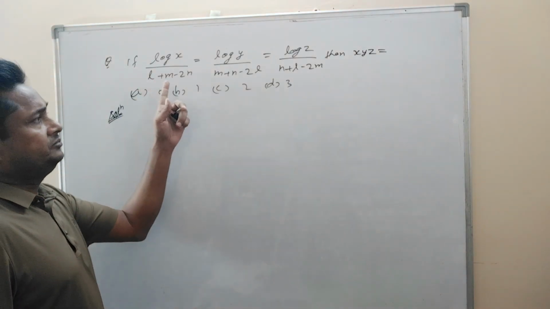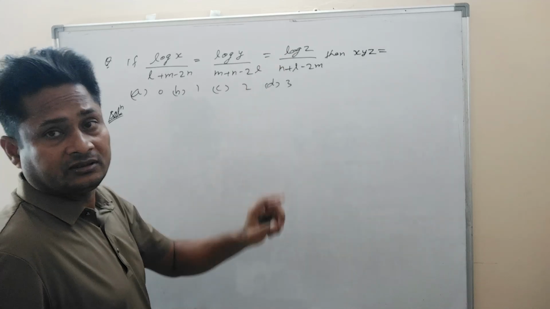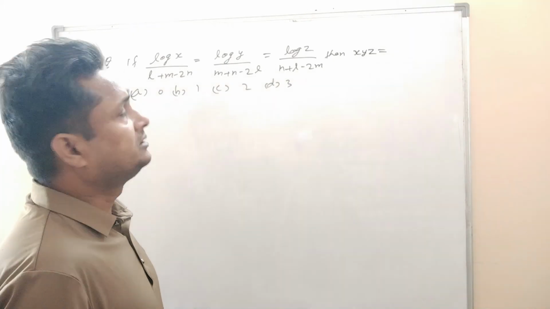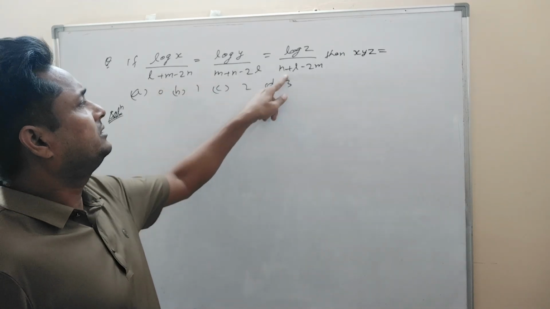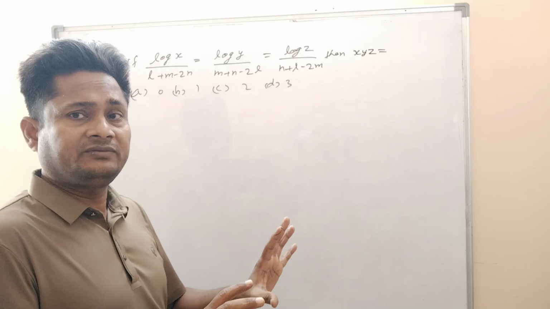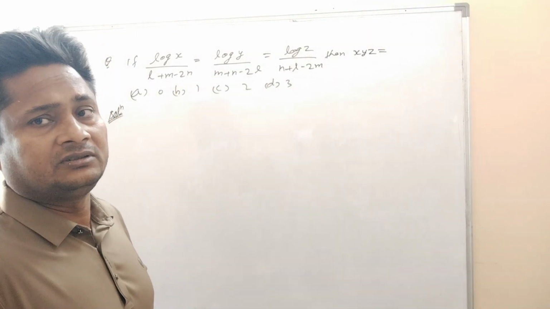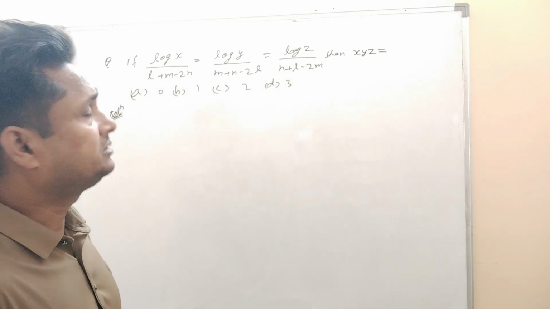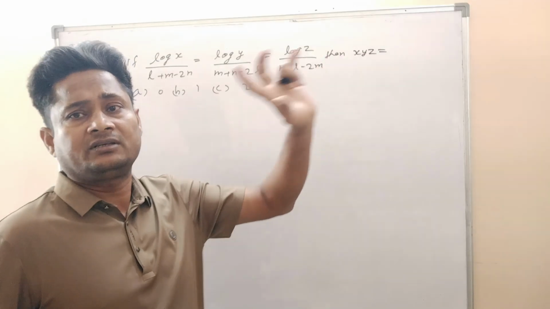So these three expressions are given equal, right? If we equate this and this, this and this, or this and this, we will get three equations, but they will be more complicated to solve. It's better to solve these three. We can take them equal to something, another number. Let's say,